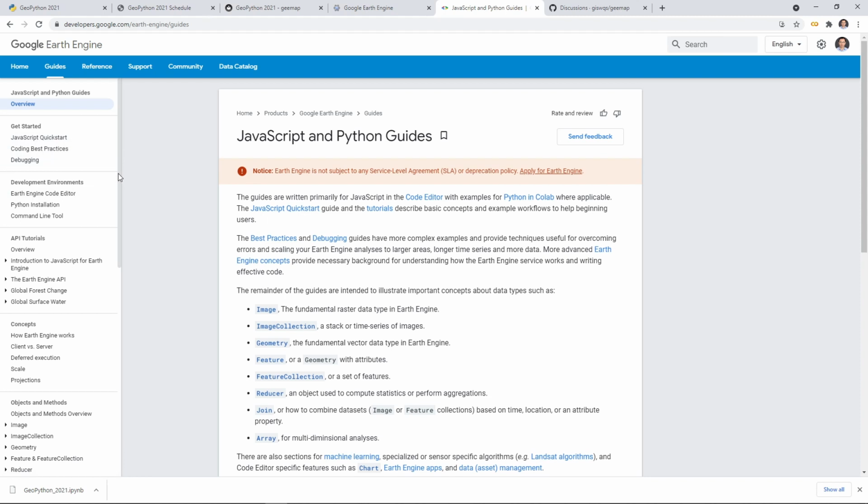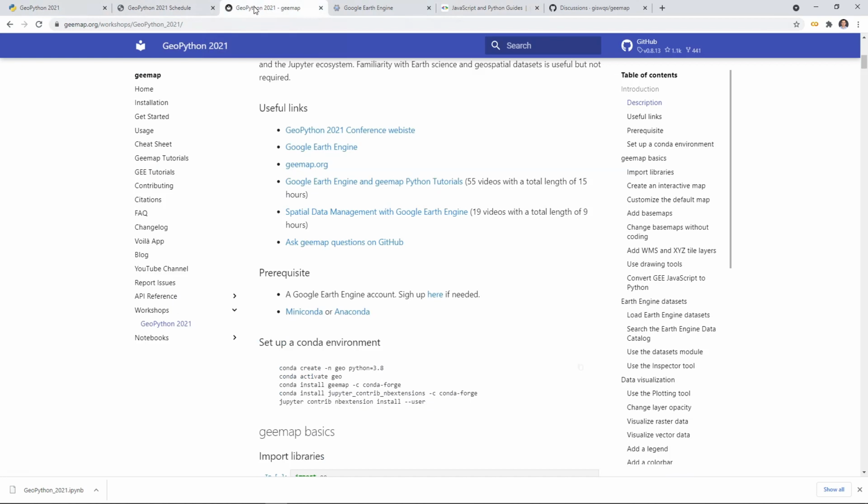Basically it has two components, computing and visualization. JavaScript has both, but for Python, most of the functions provided are for computation. It has very limited functionality for visualizing the results or datasets, and this is why I developed the geemap Python package, to make it easier for you to utilize the Jupyter ecosystem so that you can visualize the data. You can also do all kinds of analysis interactively, and we're going to use many of those tools in this workshop. Okay, so next,